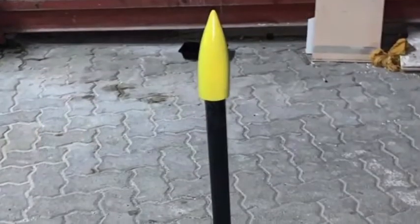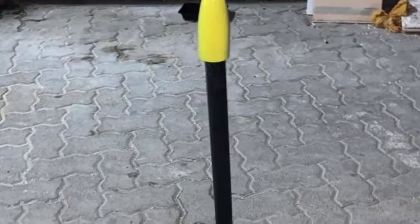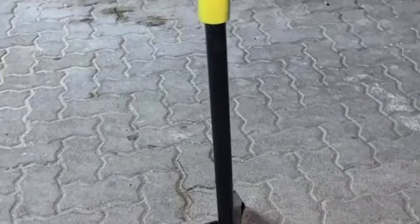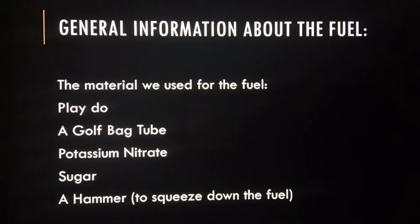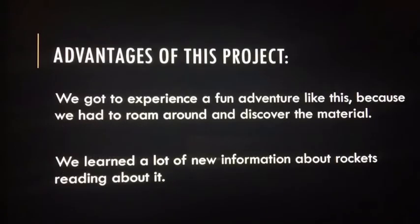In the next slide, we have the model of our rocket. And next, we have general information about the fuel. The materials we used for the fuel are Play-Doh, a golf bag tube, potassium nitrate, sugar, and a hammer to squeeze down the fuel. The advantages of this project is we got to experience a fun adventure like this because